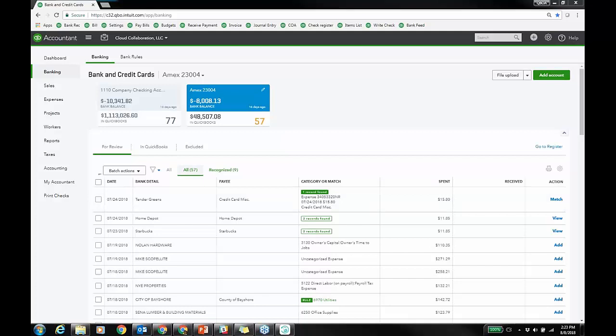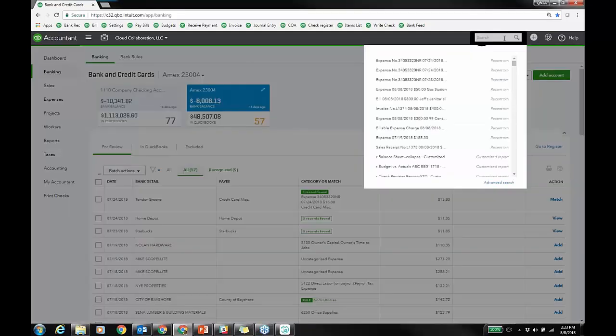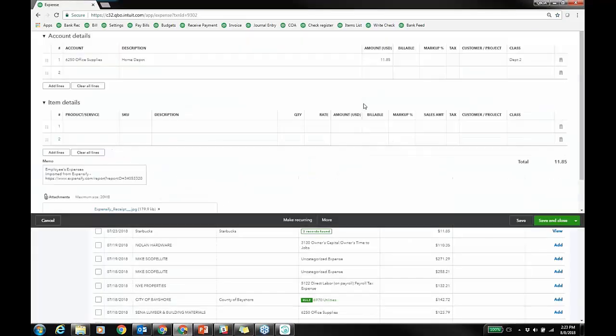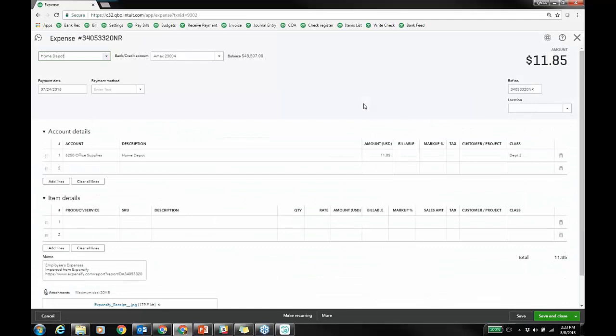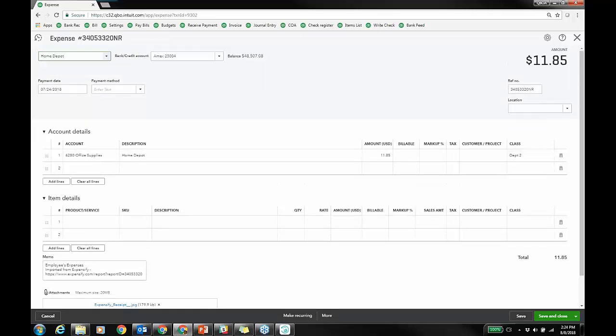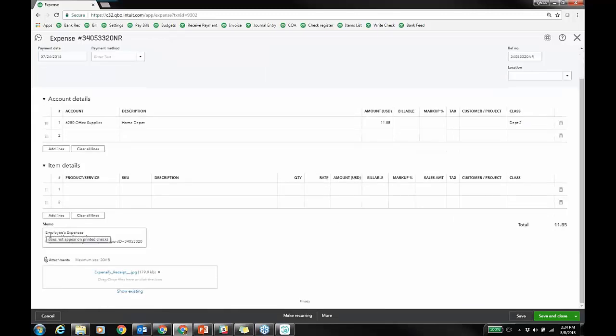We'll focus on the Tender Greens and how it came over. Also, you can see them come over just when you left-click in the search field, and I have these expenses right here that came over from Expensify. So if we were to drill into one right now, that's the quickest way, to look in that search field or go to the vendor record or the expense window. But when I scroll down, I was noticing yesterday, this one is for Home Depot office supplies,